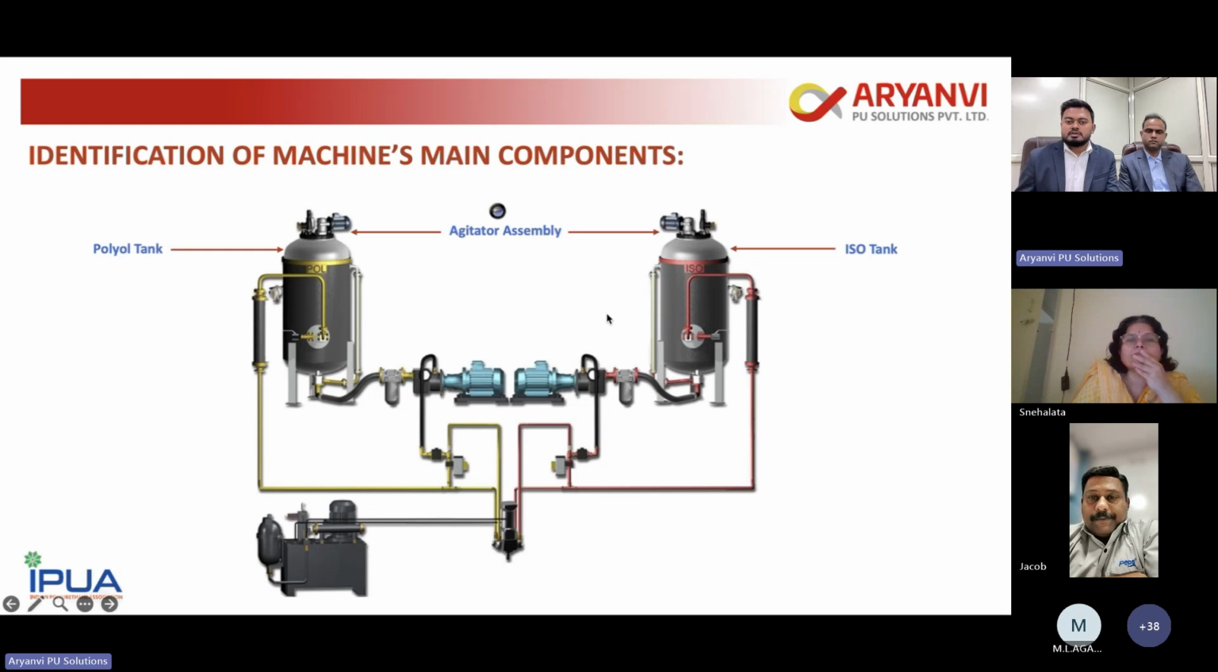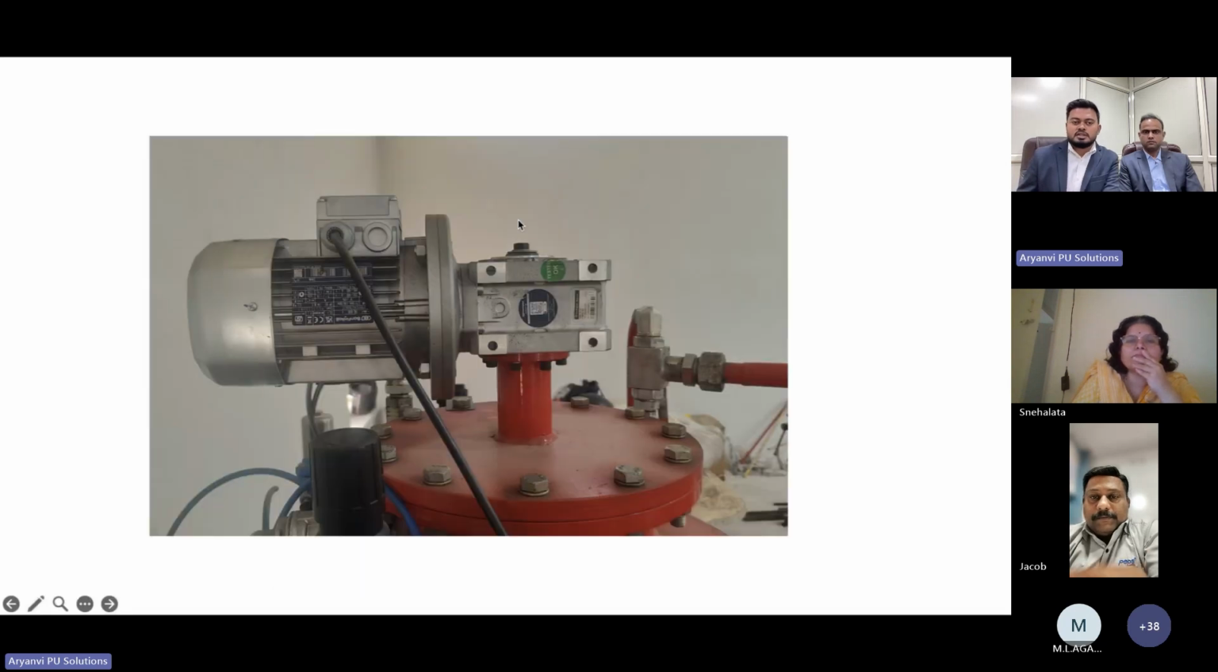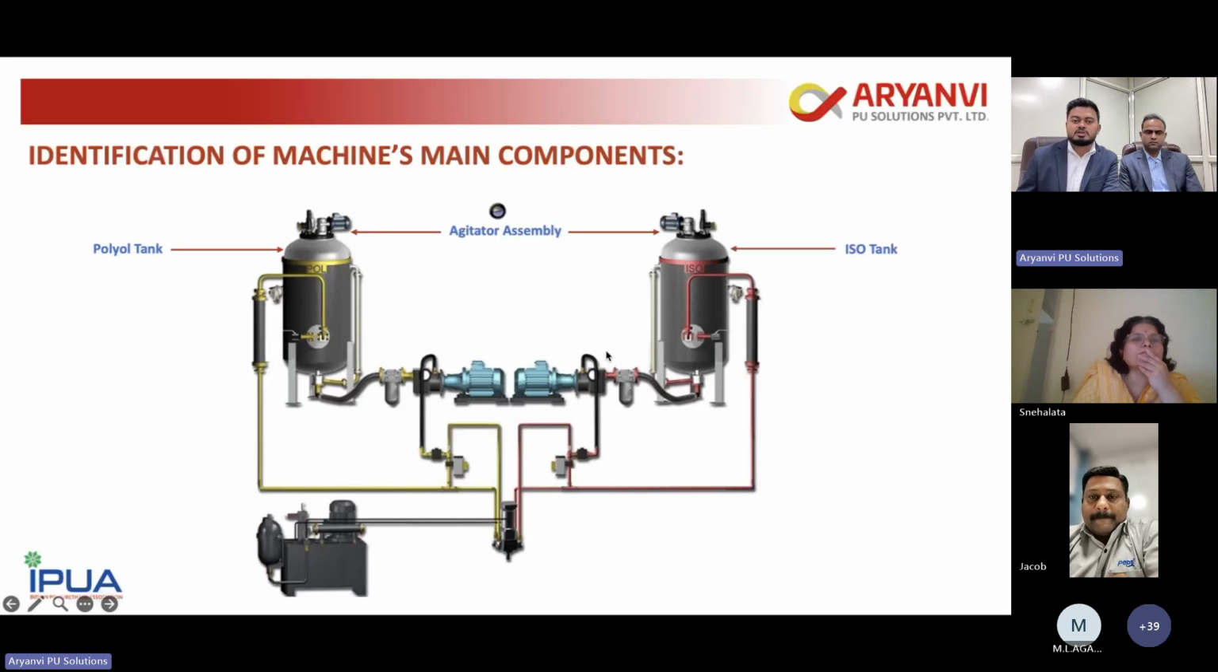Let's see how the agitator looks on the machine. This is a simple example of how an agitator looks on the machine. Basically it is a combination of a motor and a gearbox to control the agitator speed, like 100 rpm or so. This is a very important part of the high pressure mixing head. Then